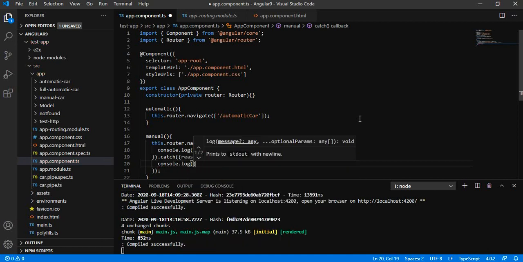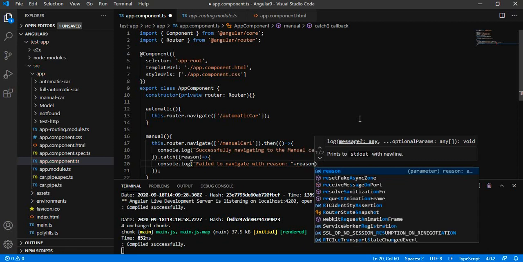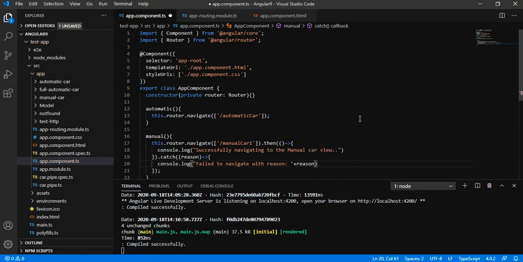Here we are defining, failed to navigate with reason. Let's say we are writing the reason, whatever it is that comes.